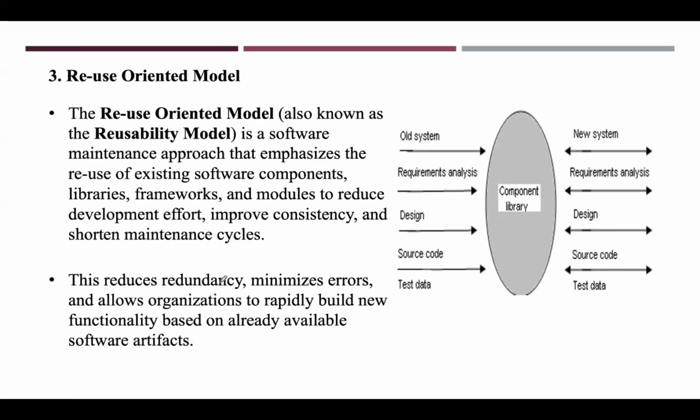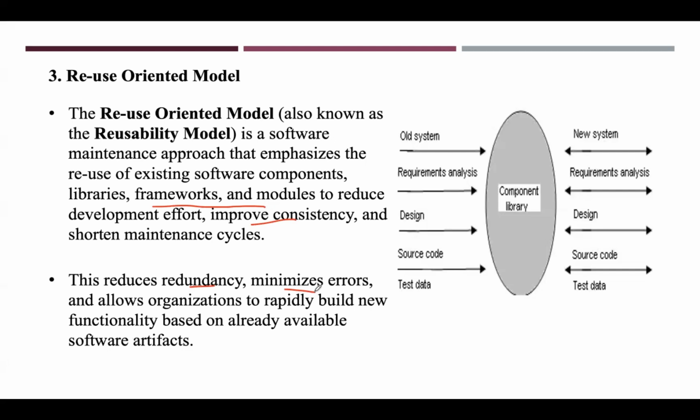The third model is the reuse oriented model, which focuses on maximizing the use of existing software components, libraries, frameworks, and modules rather than developing new code from scratch. And the idea is to save time, improve consistency, reduce cost, and also increase the software quality by reusing prebuilt solutions or modules. It even reduces the redundancy, minimizes the errors, and thus allows the organizations to build new functionality based on the